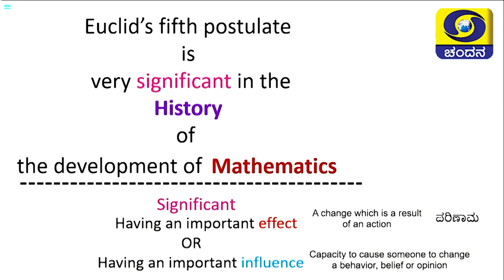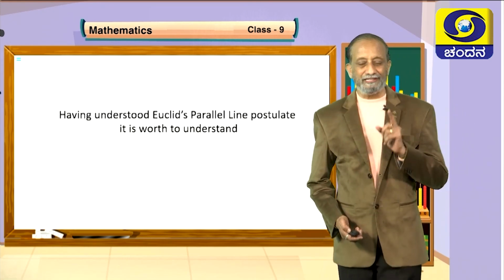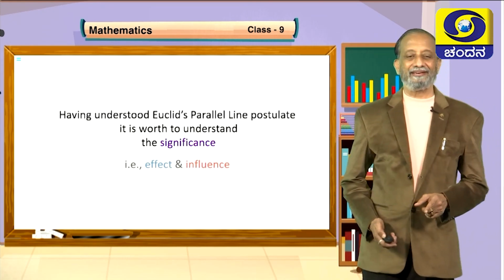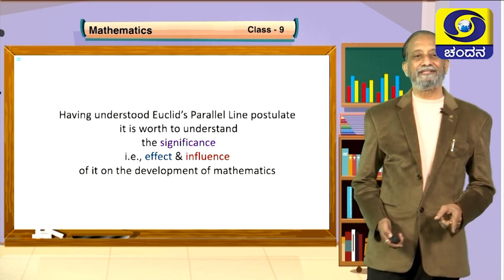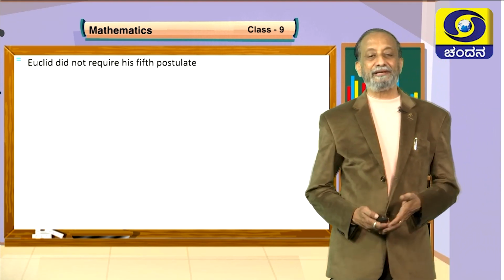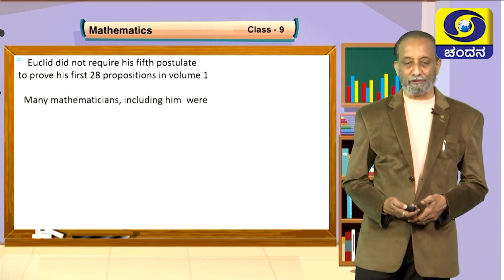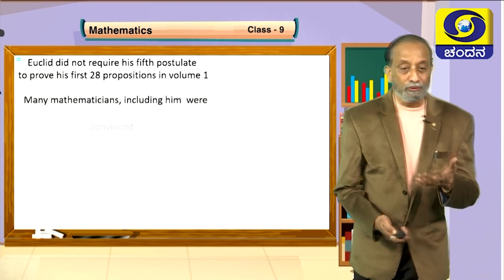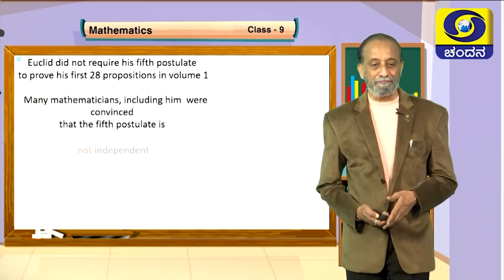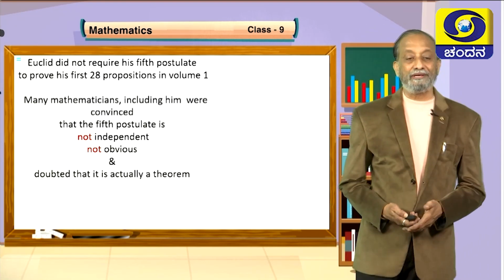This fifth postulate is so significant, it has so many effects and influences in the development of mathematics. Having understood Euclid's parallel line postulate, it is worth understanding the significance, that is the effect and influence of it on the development of mathematics. Euclid did not require his fifth postulate to prove his first 28 propositions in volume number 1. Many mathematicians, including him, were convinced that the fifth postulate is not independent, not obvious, and doubted that it is